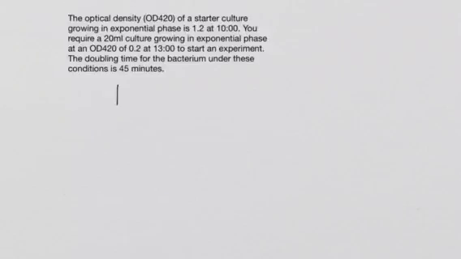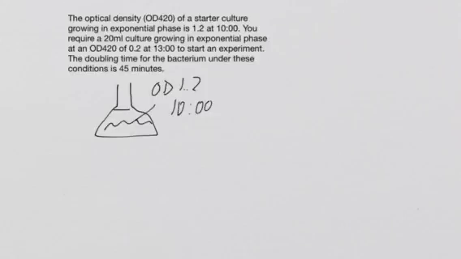So you have a culture, and this has grown overnight, and it has an OD of 1.2 at 10 o'clock in the morning. Now you want to inoculate another culture, and this culture